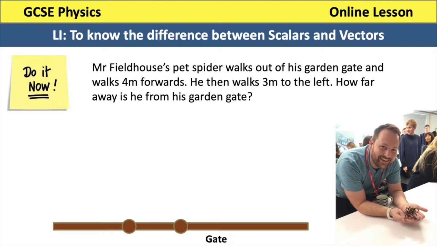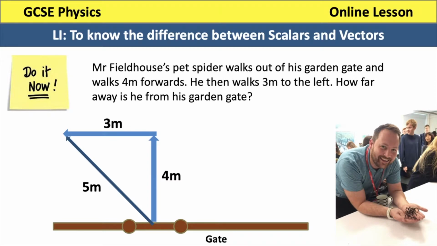So to do this question, I would have started off by drawing out the path that Mr. Fieldhouse's pet spider takes, which was 4 metres forwards and then 3 metres to the left. Now, if you're a good mathematician and you've done Pythagoras' theorem already, you would realise that you can actually do this on your calculator by doing the square root of 3 squared plus 4 squared, which gives you 5